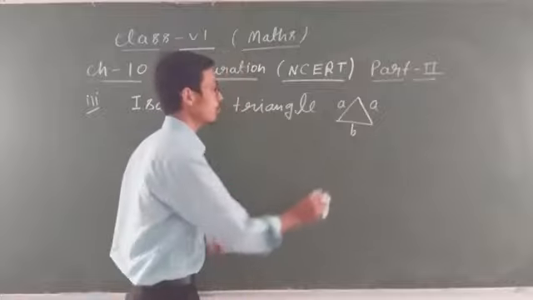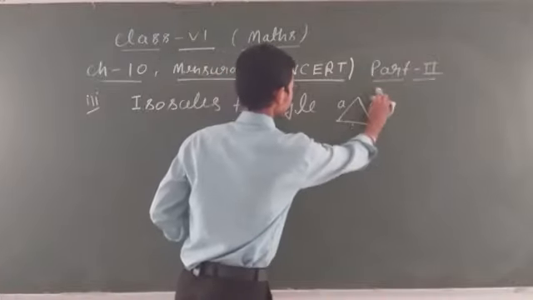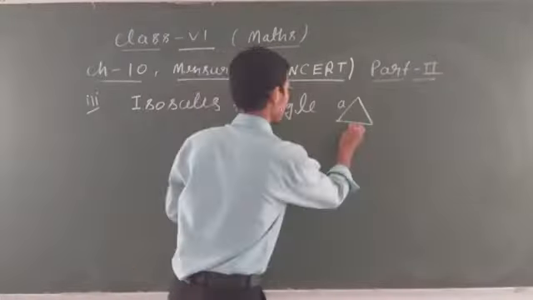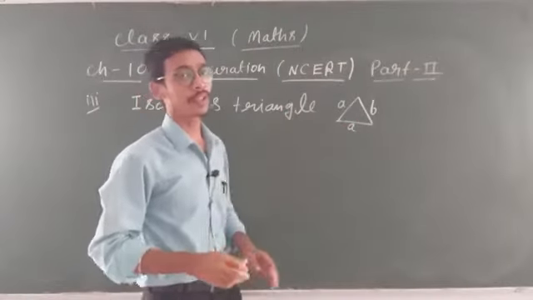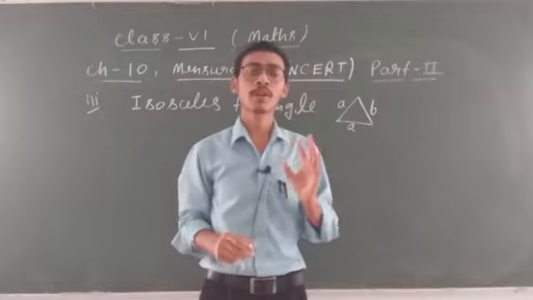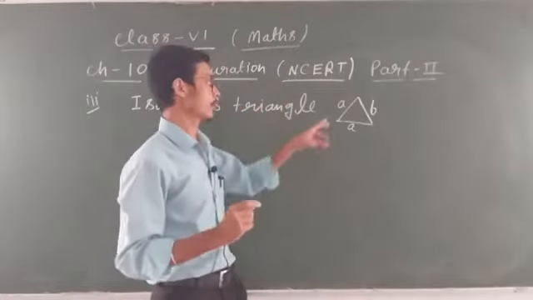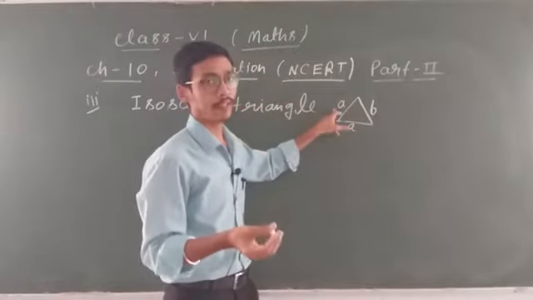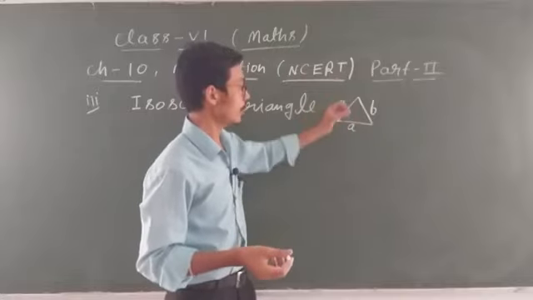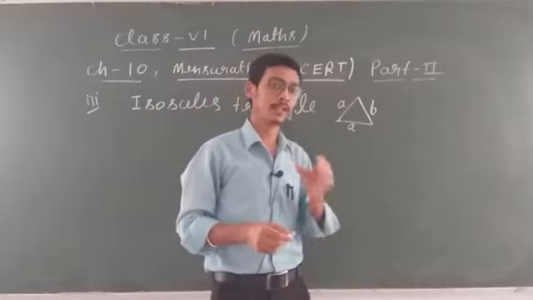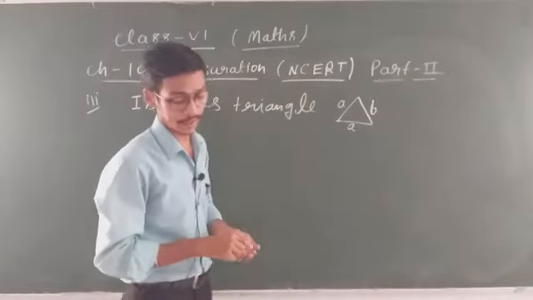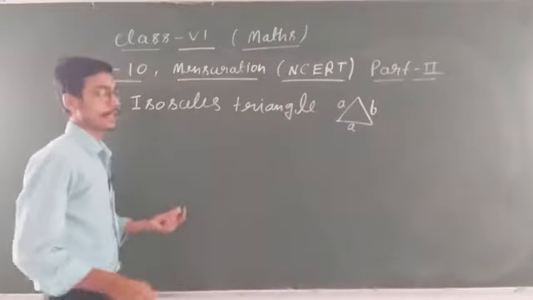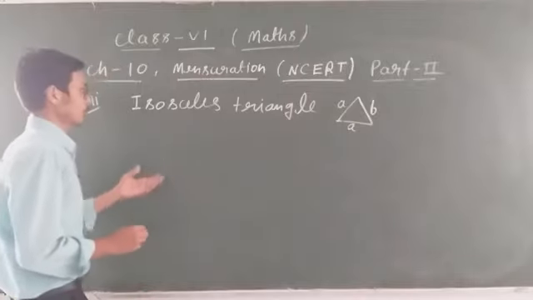Also you can write this one also A and this one B. What is the conclusion? In an isosceles triangle, two sides should be of equal length. Here A and A, if you put any value, this will also give the same value. So in an isosceles triangle, the two sides are of equal length, and in a scalene triangle, all sides are of different length. Okay. So now come to the question.